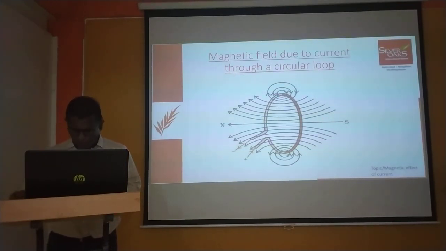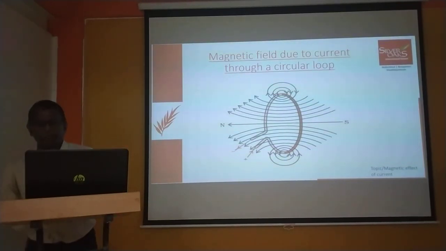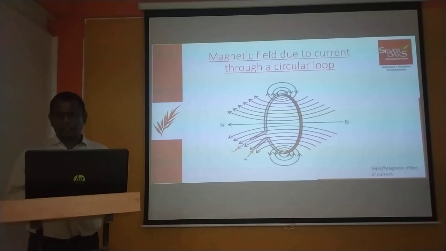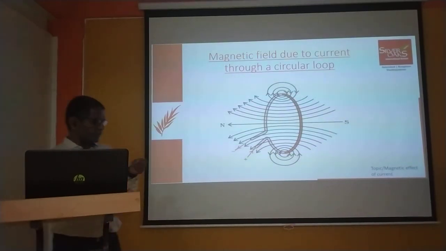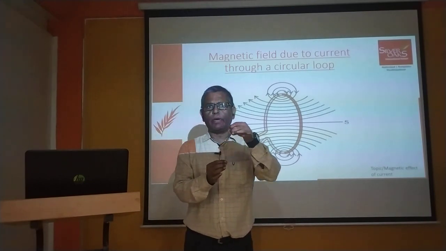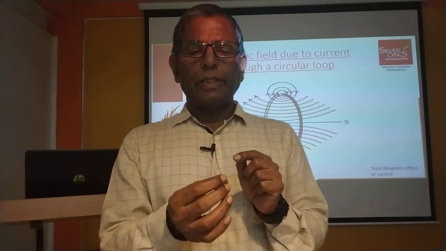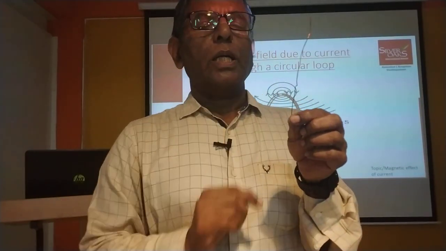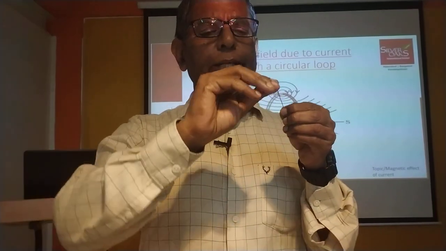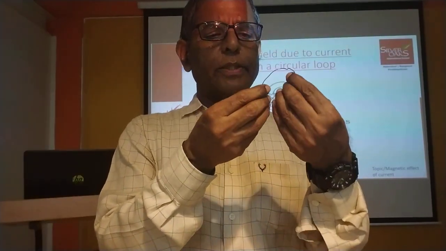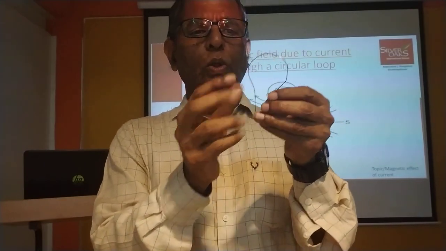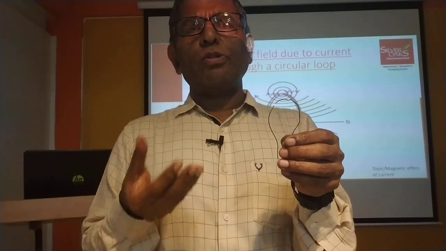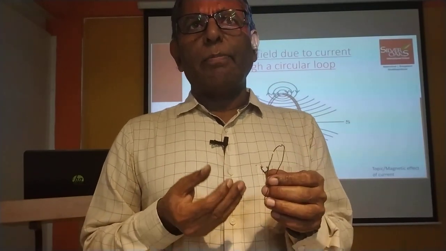Now in the previous class you have already seen the magnetic field lines in a straight current carrying conductor. What if the straight wire is bent in a circular loop? Like earlier we have seen how is the magnetic field due to a straight wire. We have seen that in a straight conducting wire the field lines are circular. Now if I bend this wire, if I change the shape and put this into a circular form and pass the current through this, so what happens to the magnetic field lines? What is the nature of the magnetic field lines that we are going to discuss today.